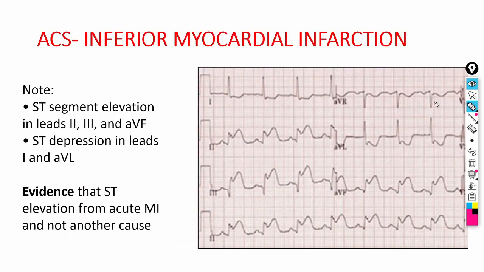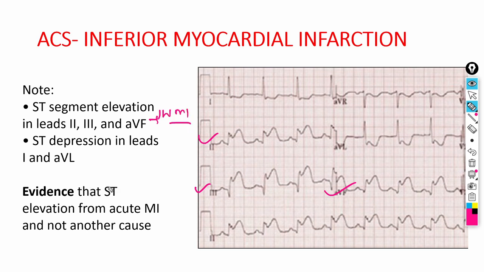exercise test. Now coming on to the various patterns and lead changes in different types of myocardial infarction. This pattern can help us recognize which artery is to be explored first in the cath lab for better patient management. In this ECG, there is ST segment elevation in lead 2, 3 and AVF. Lead 2, lead 3 and lead AVF. This is the case of inferior wall MI.